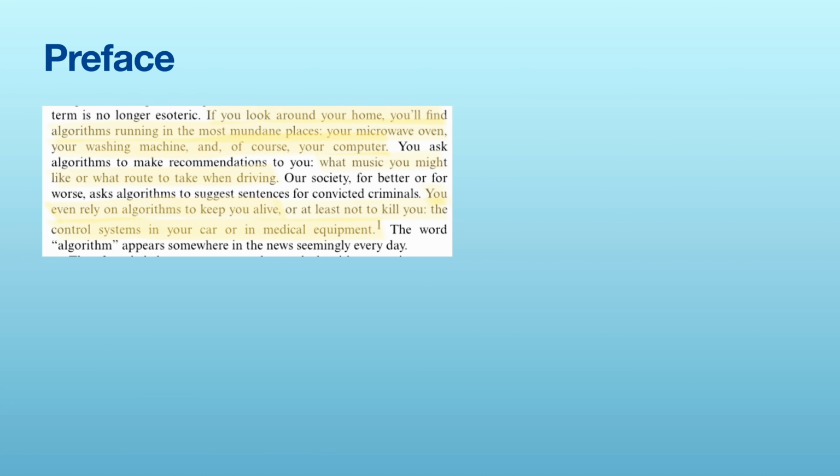So this is from the preface of the book. Why do we have to learn algorithms? You look around your home, you will find algorithms running in the most mundane places: your microwave oven, your washing machine, and of course your computer. The algorithms in our world decide when we wake up, the alarm in the clock, and what song we listen to, the automatic playlist in YouTube Music or Amazon Music, wherever you are listening, your video playlist, the video suggestion algorithm there, the movie recommendations on your Apple TV. All those things come from algorithms only. We may think algorithms are simple, that they are just helping in our day-to-day life.